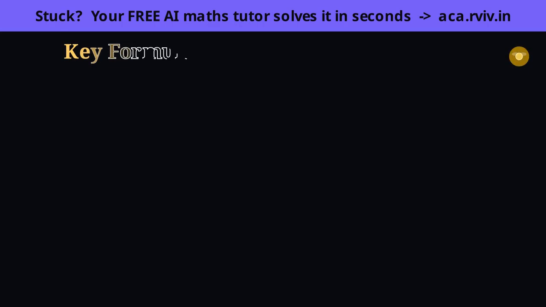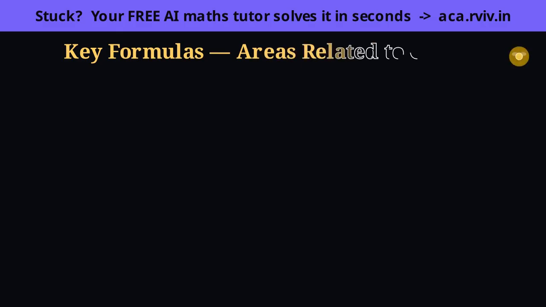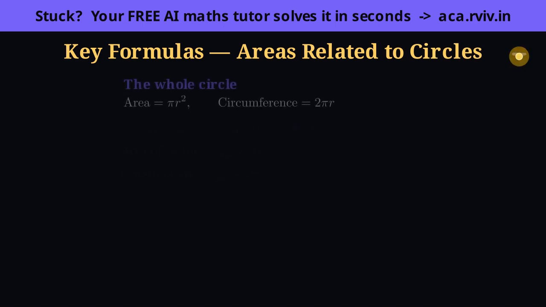For a full circle, area is pi r squared. Remember we earned that by slicing the circle into sectors and repacking them into a rectangle of height r and width pi r, and the circumference is 2 pi r. A sector is just the angle fraction, theta over 360, of that circle, because theta out of a full 360-degree turn is the slice's share. Multiply that fraction by pi r squared for the sector's area, by 2 pi r for the arc length, same fraction, one for a region, one for a length.